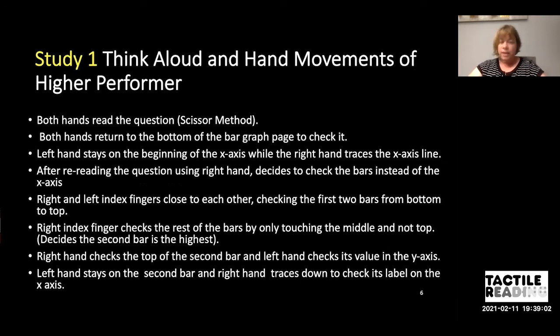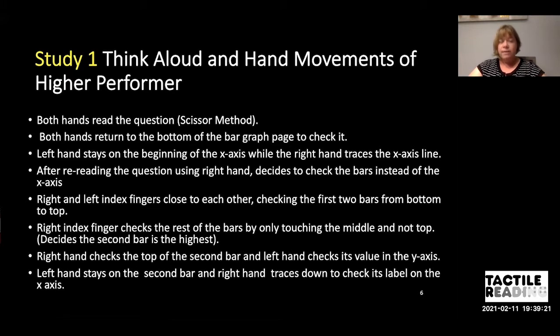So that they use both hands first to read the question using the scissor method, and then both hands return to the bottom of the bar graph to check it out. The left hand then stayed at the beginning of the x-axis while the right hand traced the x-axis line. After rereading the question using the right hand, they decided to check the bars instead of the